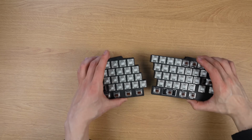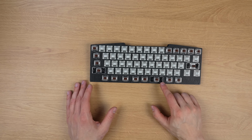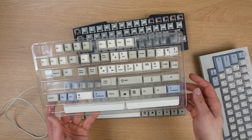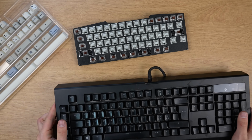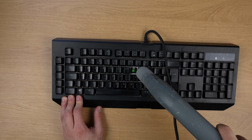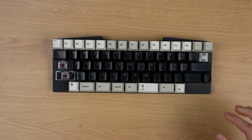But anyway, after that, I took apart the entire keyboard, added the stabilizers and put everything back together, and then I needed some keycaps. But since I only had a few leftover keys from an old keycap set, I had to steal them from donor boards like this old broken QWERTY Razer keyboard that I was given for free at one point, and I actually ended up yapping for another 3 hours here as I cleaned the keycaps and decided which keys to put where and so on, but I think I'll just skip to the conclusion, so...